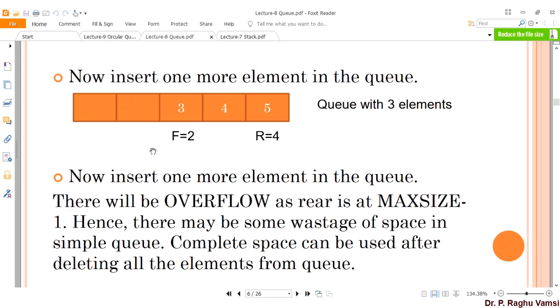Here we are discussing it as just some more elements, but in the real world, as I told you in the last lecture, this queue is especially used at the server level in order to hold requests from various clients. If the queue is managed correctly, these requests can be held in the queue and served on a first come, first served basis. That is the reason we are going to see the circular queue operation in this lecture.